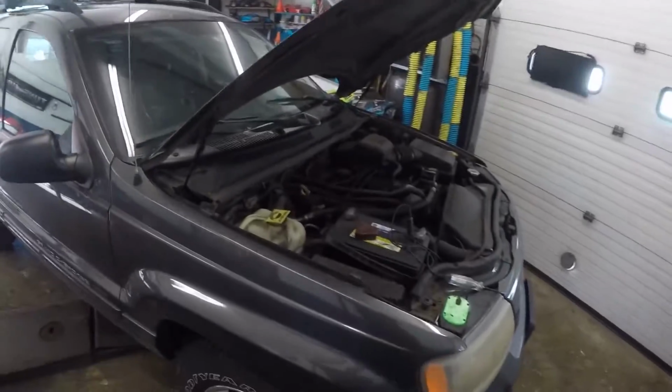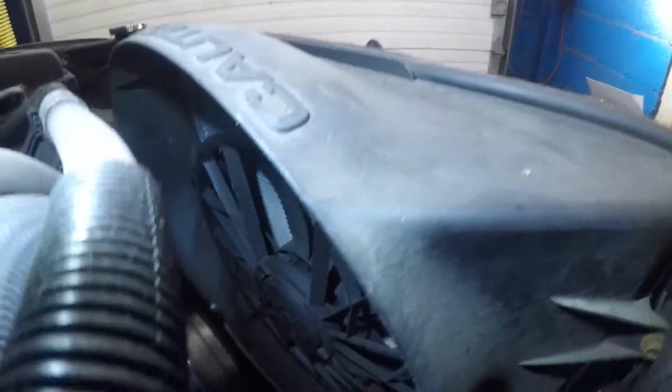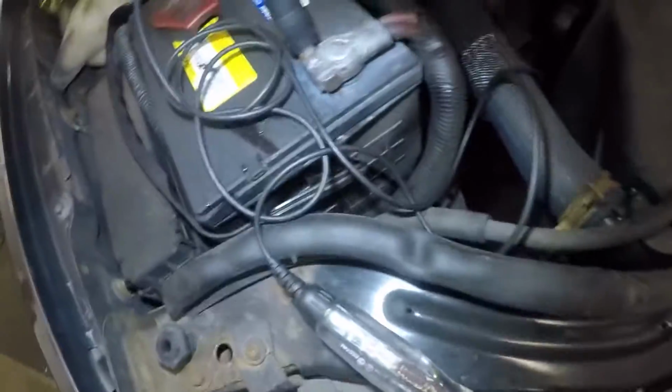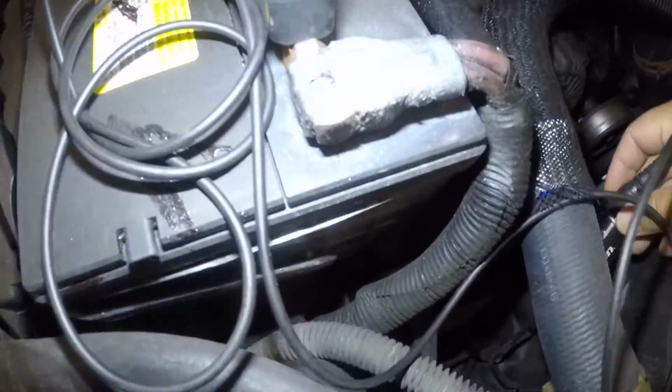All right, guys, I got a Jeep overheating. If you have a car that overheats, you need to check a lot of things. One thing is, is your fan working? You know, this fan is not working here. So I did a quick diagnostic, guys. You can check the fuses and everything, but also, before anything, make sure you check if the fan is getting